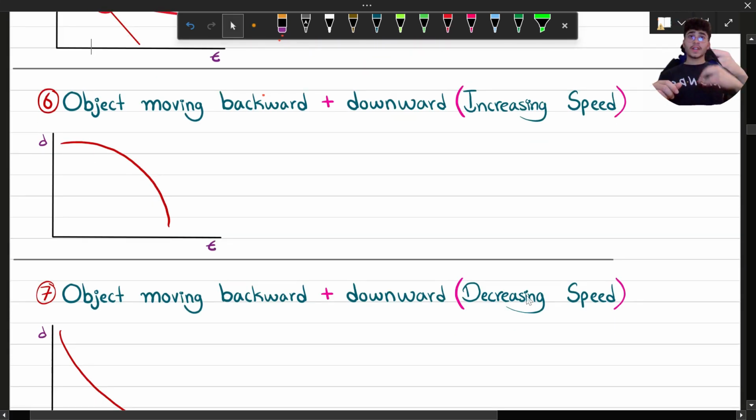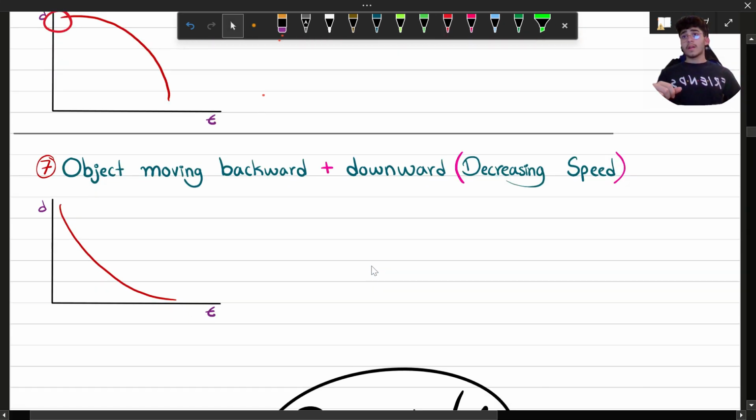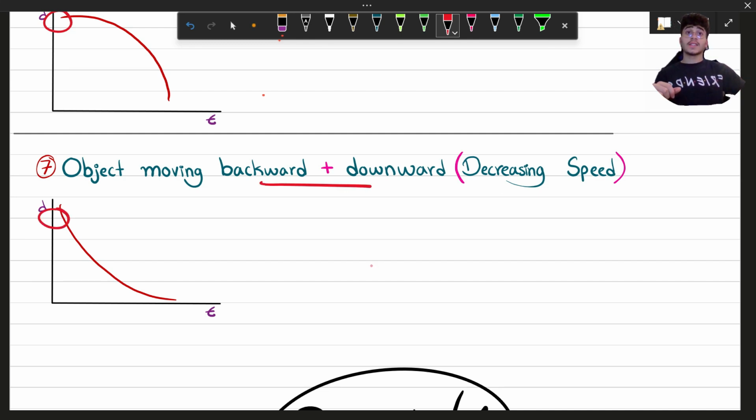Object is moving backward and downward at an increasing speed. Backward and downward because the line is coming from the y-axis. Increasing speed because the graph is going like this, away from the y-axis. Object is moving backward and downward again because it's from the y-axis, at decreasing speed because the graph is closer